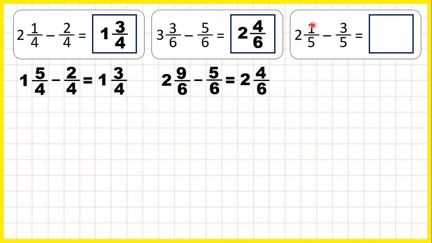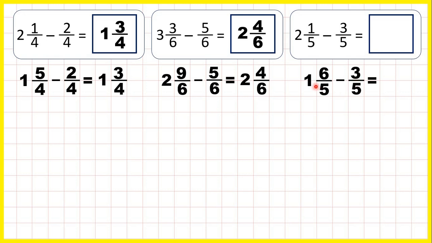Now 2 and 1/5 minus 3/5. If we only have 1/5, we can't take 3/5 away, so we need to exchange with our whole number. 1 less than 2 is 1, and that means that we can add the denominator to the numerator, so 5 plus 1 is 6. So 1 and 6/5 is the same as 2 and 1/5, but now we can take